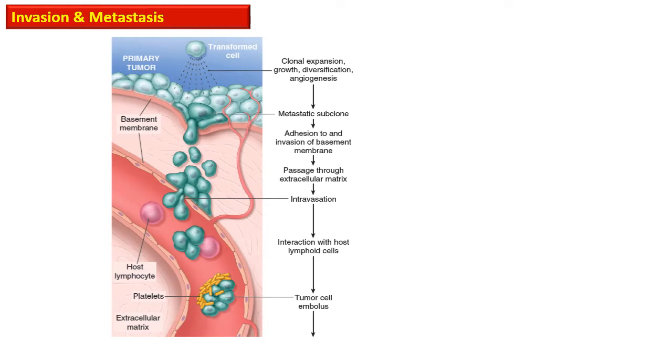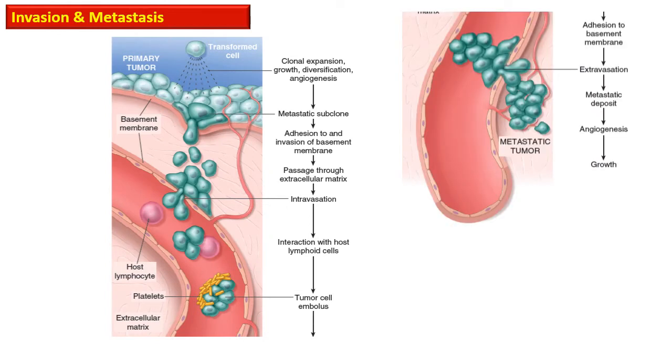For invasion and metastasis, it is essential to develop a metastatic clone of the tumor cells that travels further, as we have just discussed. To complete its journey from the site of the tumor to the destination or the site of metastasis, the tumor cell must undergo a series of changes and also work in harmony with the tumor associated cells and the extracellular